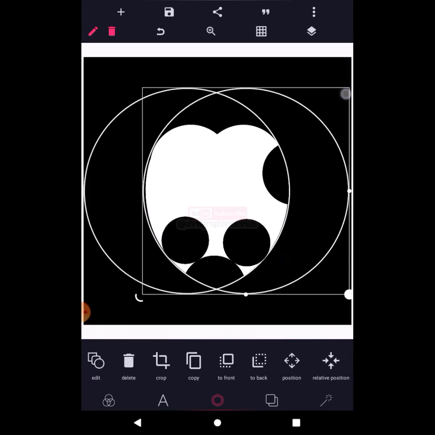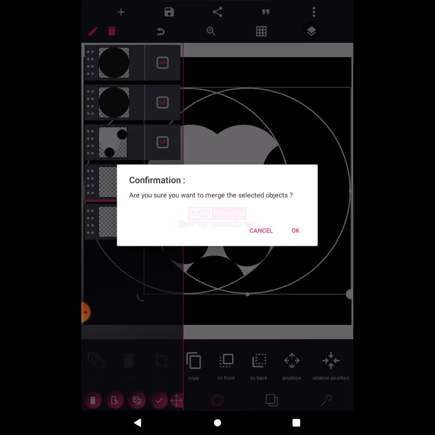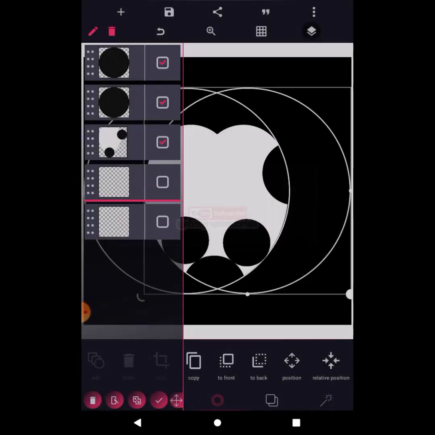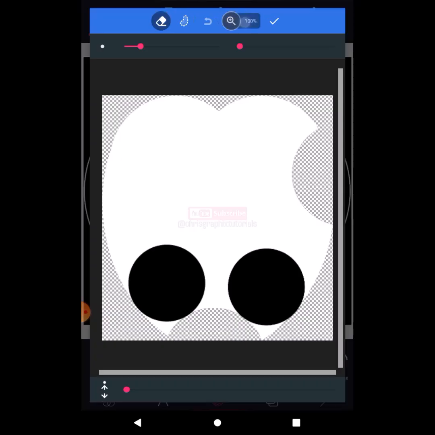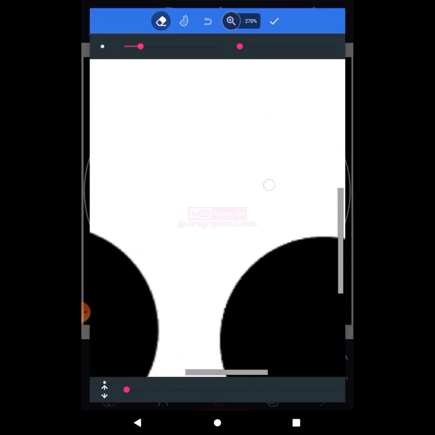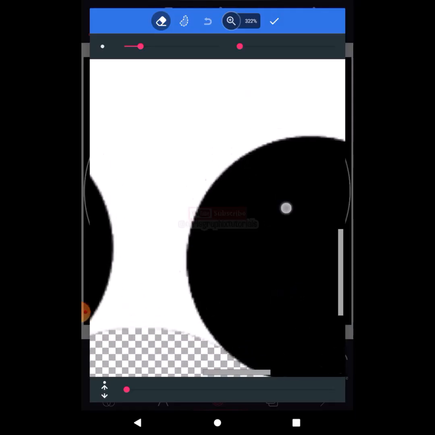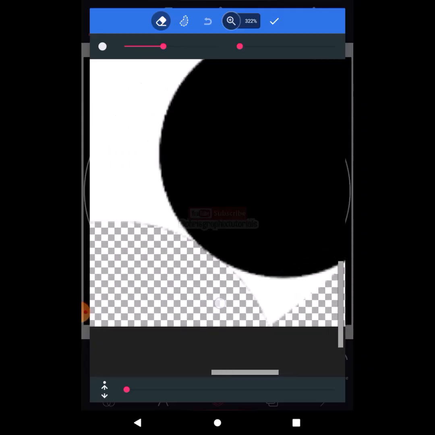Once you confirm that everything is set well, I'm going to merge them together. Click merge all of them. It's okay. Now I will erase, go to erase. So now it's erase and not color erase. Zoom it out so that you see exactly how you're doing this. Once you zoom out, I'm now going to